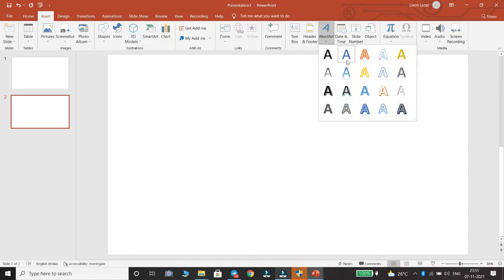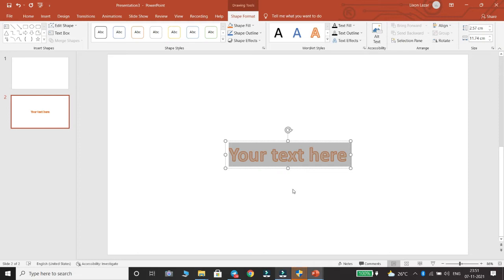Step 3, from this word art style, select the desired one. Then a text box appears on the slide with the text, "Your text here."